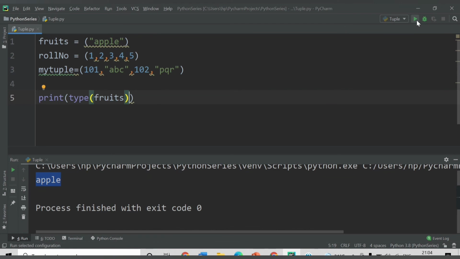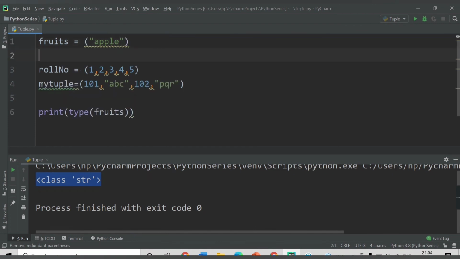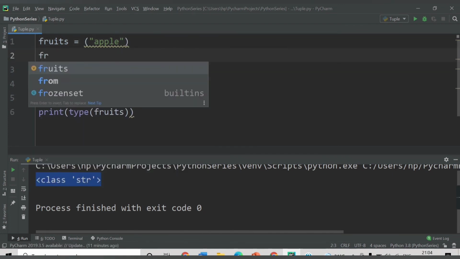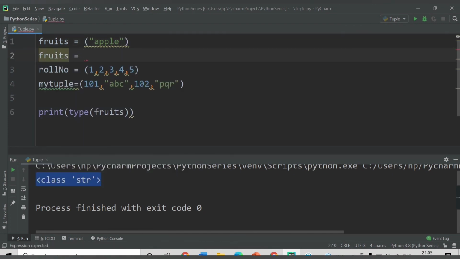If I run it now, I am getting the type as string, even though it is provided in round brackets. It is giving string because it is considering this as similar to a plain parenthesized value, as it has only one value.